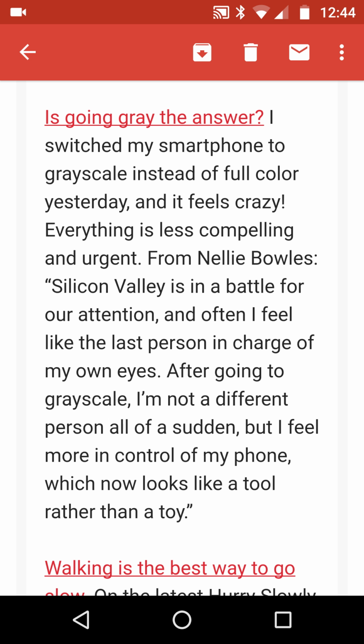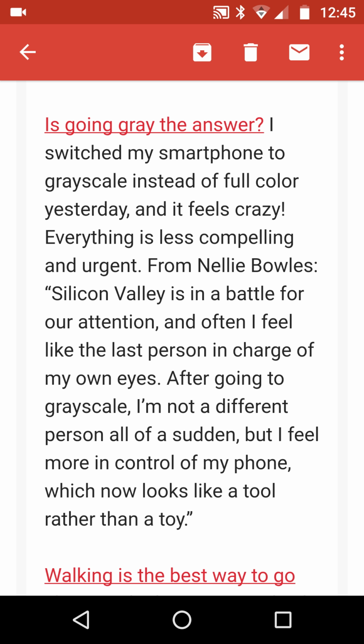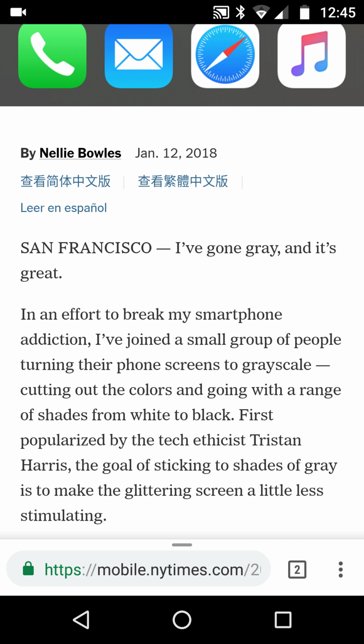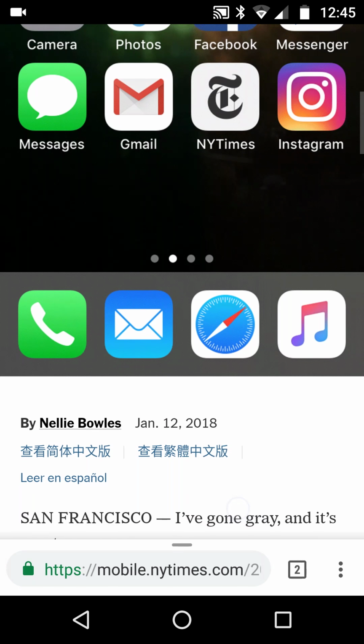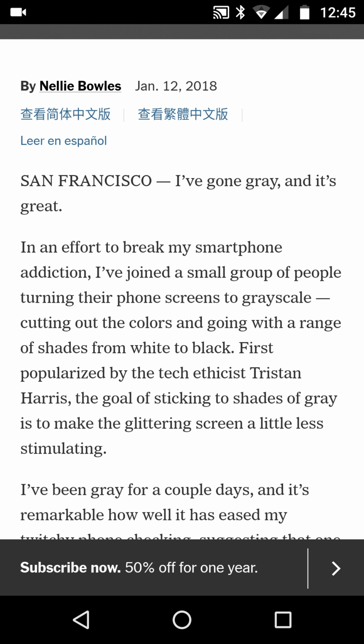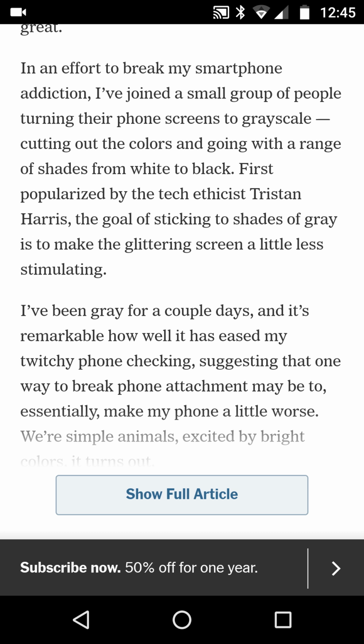Now, how do we get this done on an Android phone? If you follow the link about turning colours to grey, you will get to the New York Times article about turning your smartphone grey. I've just had a go at it, and it's quite an incredible psychological feeling. It really, really is. So the main thing that it's all about, and just before we go on to that,